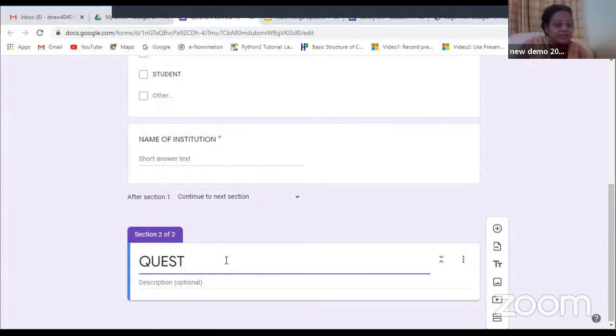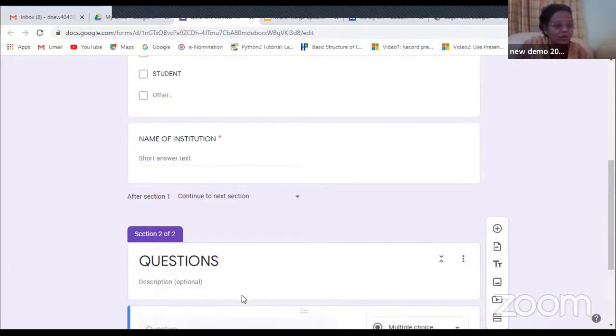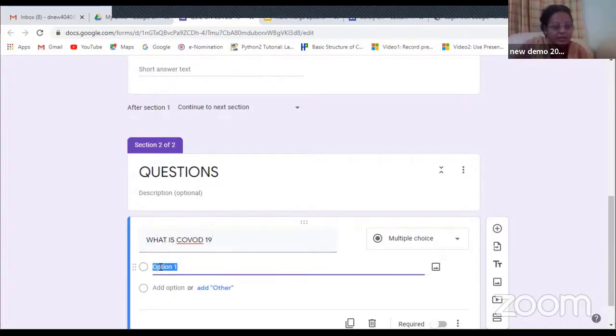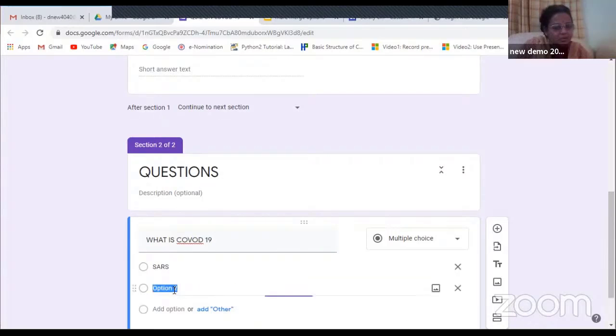The questionnaire is simple multiple choice questions we can ask. So in section 2, we are going to pose questions based on the quiz which we are going to select. Now you can choose any number of questions. Can you see the question? What is COVID-19? When we are talking about a quiz, mostly we are going to ask these questions in